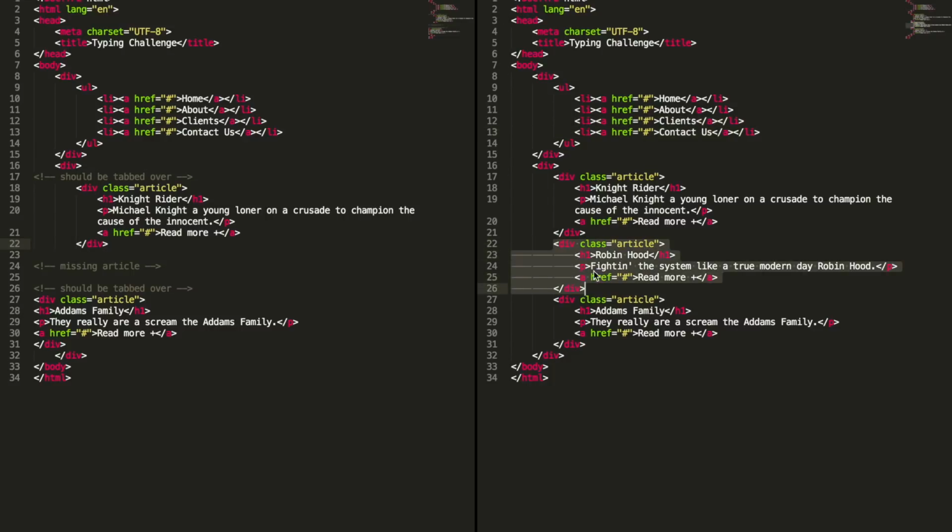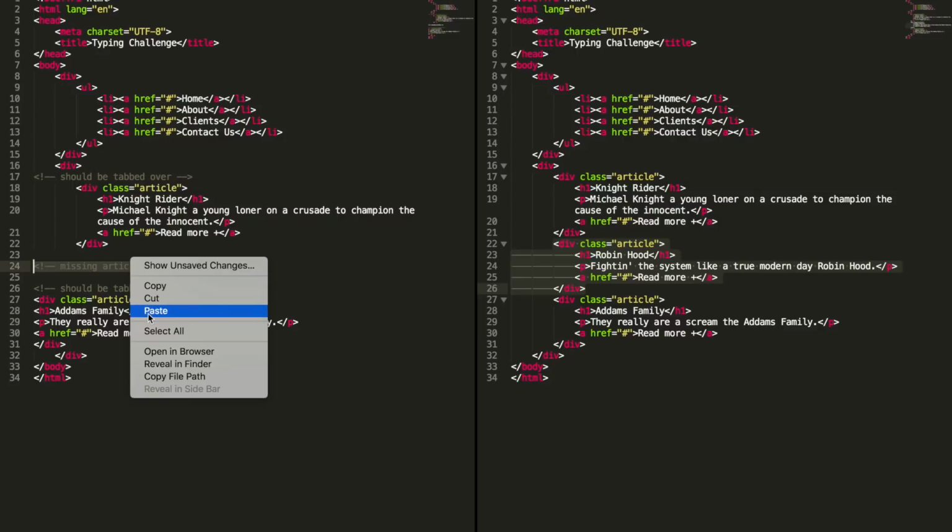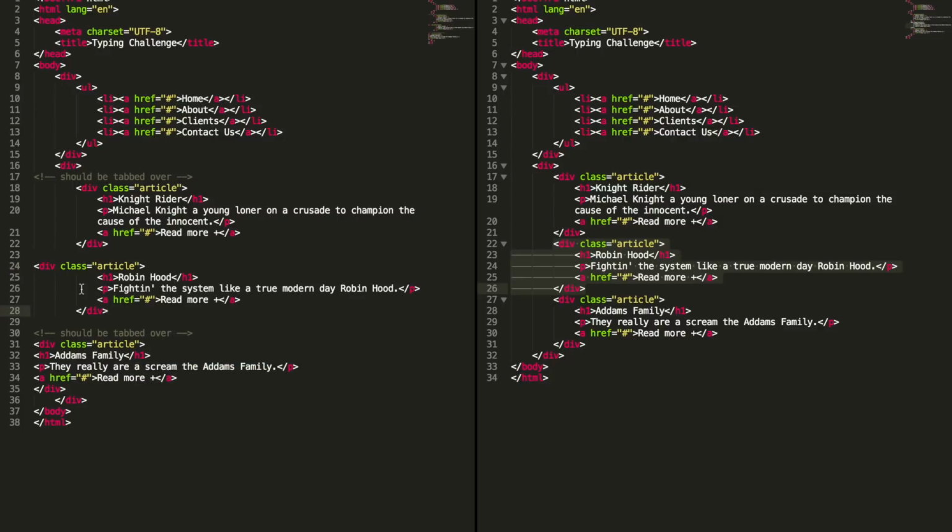I'm gonna copy that. Copy, and then I'm just gonna paste that here. Okay, and it doesn't line up, so we have to line it up. So this lines up with that div, and that div is lined up. Okay, and these should be tabbed over, and it matches with that div. And this should be tabbed over. That should be tabbed over. And this should be tabbed over. And this should be tabbed over. Okay, and this div